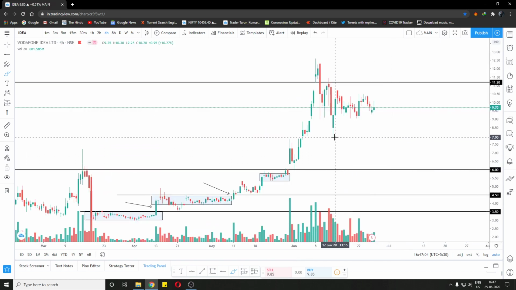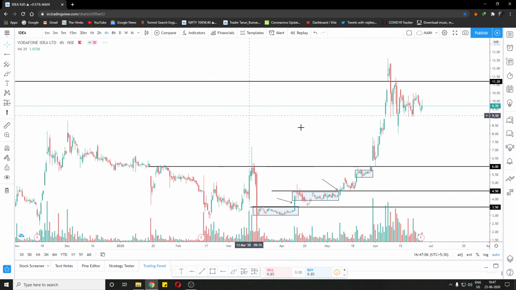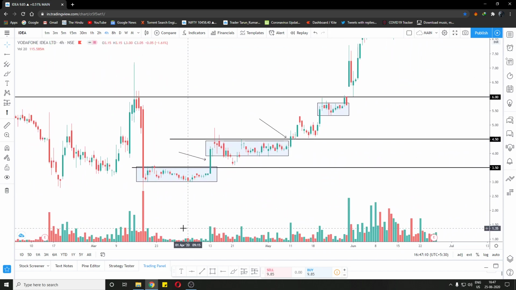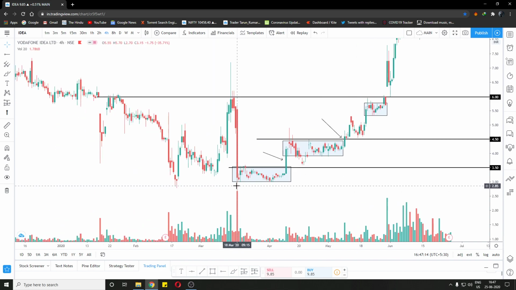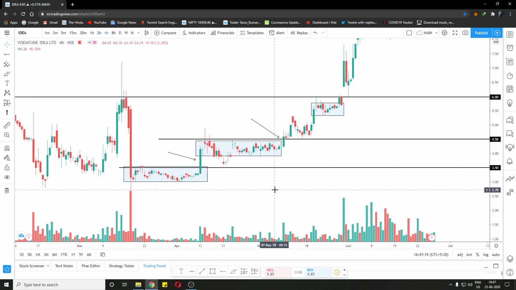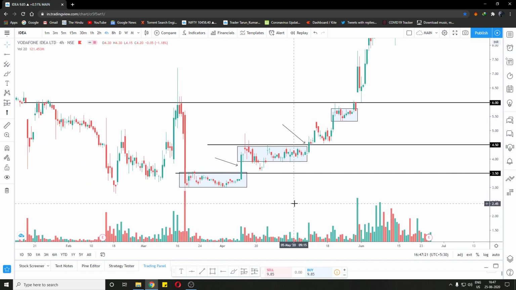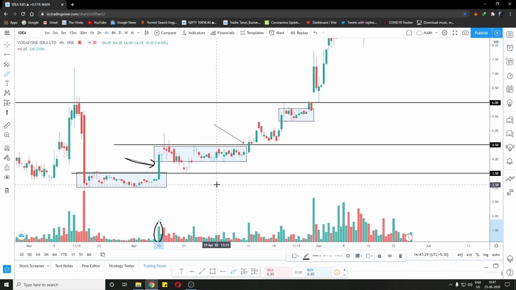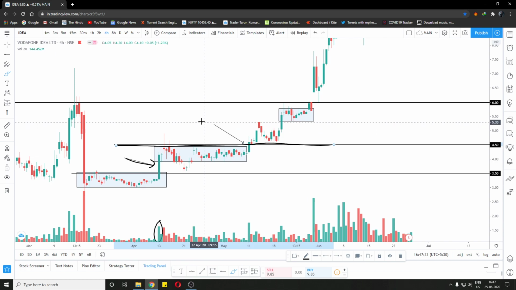So now this is the Vodafone Idea example. This also I mentioned in the Telegram. So around in March, April, we had our first breakout, but at this point I think very few people were paying attention. I was also not paying much attention to this, but after this idea gave this breakout with good volume, then I started observing this, and then we had another breakout at 4 rupees 50 paise.